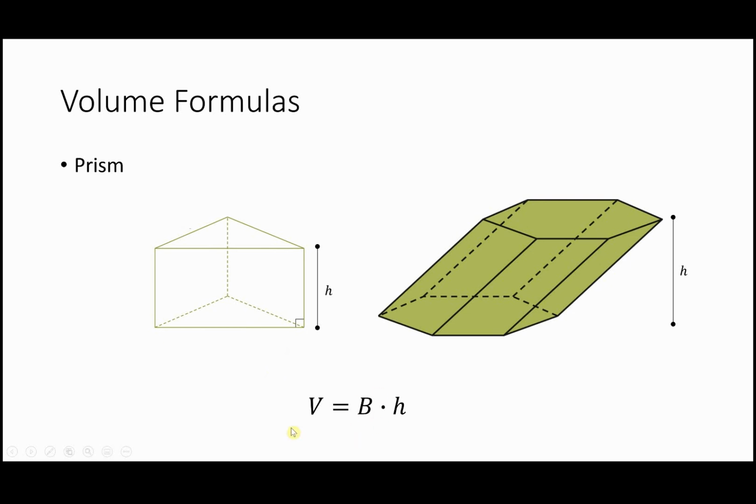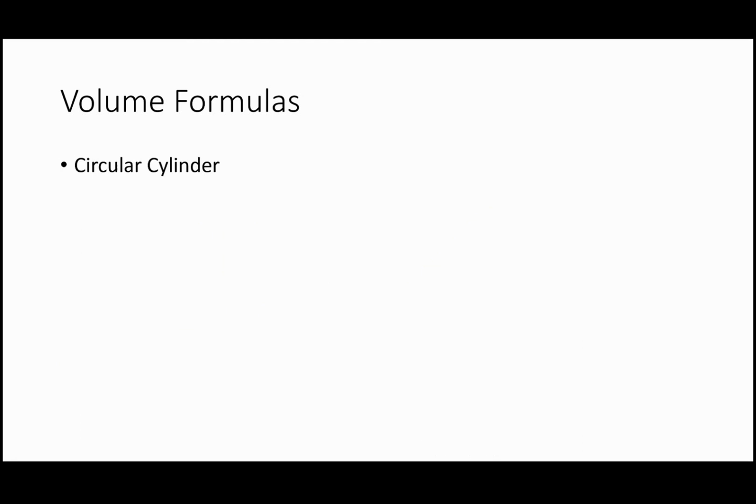So notice that for this volume formula, we have to be very vague about the area of the base. So we just categorize that with this capital B. And depending on what kind of base you have, that's where you'll put in the area of it, a component of that formula, and just multiply it by the height, and that'll give you the volume of the prism in question. Okay, great. Now for the cylinder,